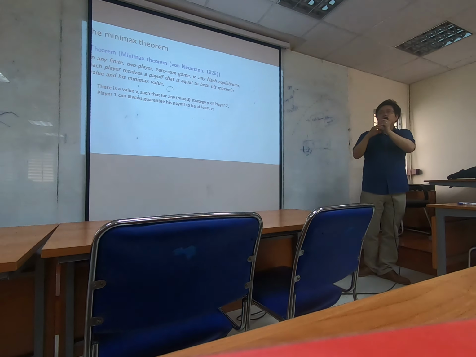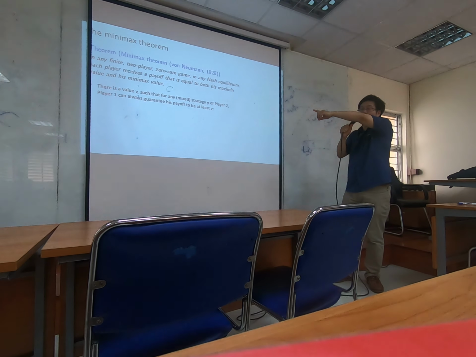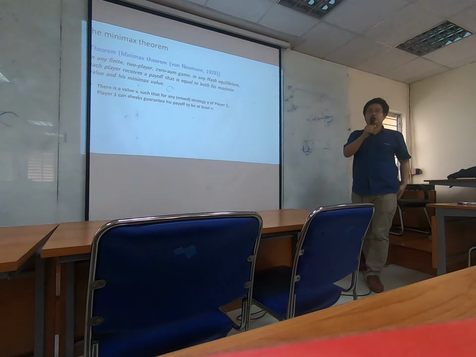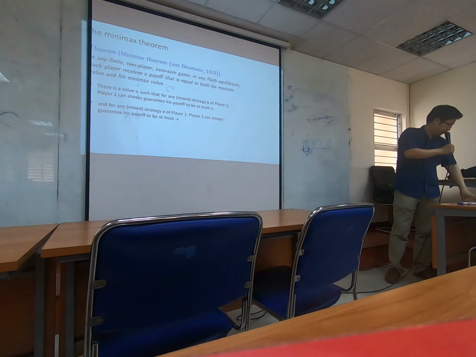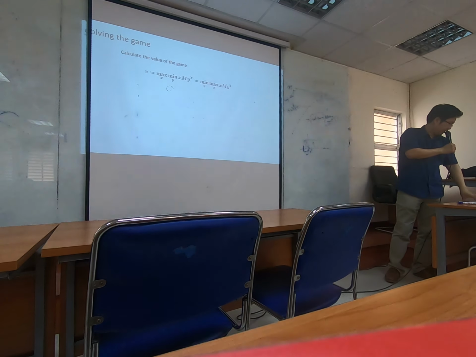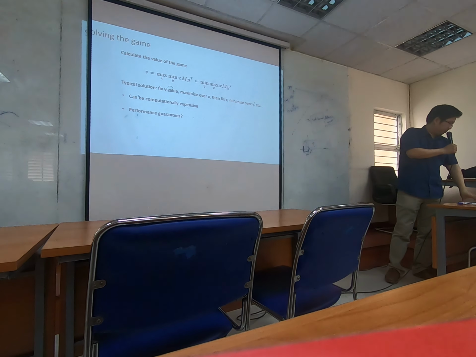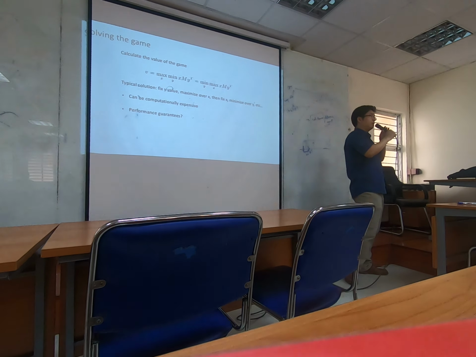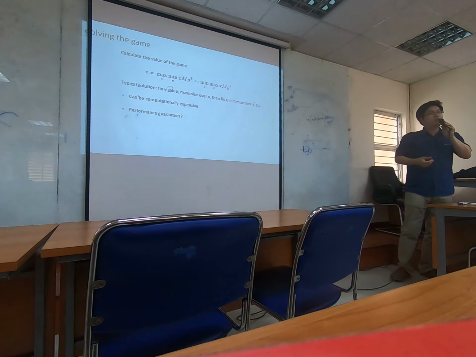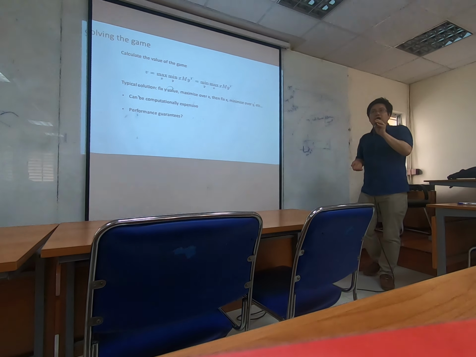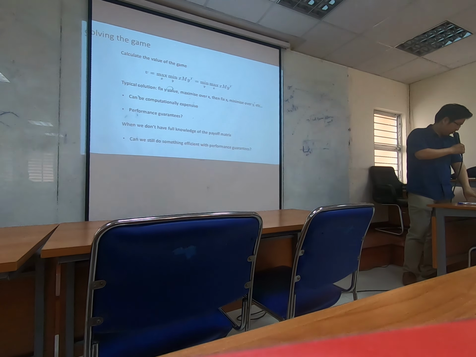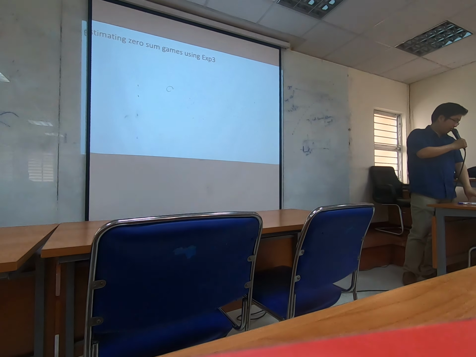And most of the people who want to solve zero-sum games want to calculate this value. Okay? So solving a zero-sum game in game theory means calculating this value. But this is a very difficult problem. In most cases, you cannot solve it computationally efficiently. If you cannot solve it efficiently, can we still estimate it somehow? And the classical solutions are still very difficult. So that's why, as I said, in this case people decided to use the EXP3 algorithm.